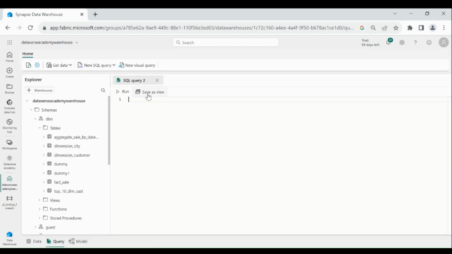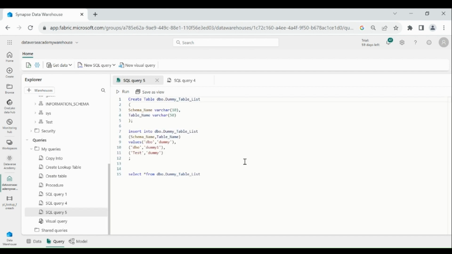Click on New SQL query. To save our time, I have already designed the create table script as well as insert script. Let me paste it. Here, first I'm creating the table with schema name and table name. Then I'm inserting the schema and dummy table name.